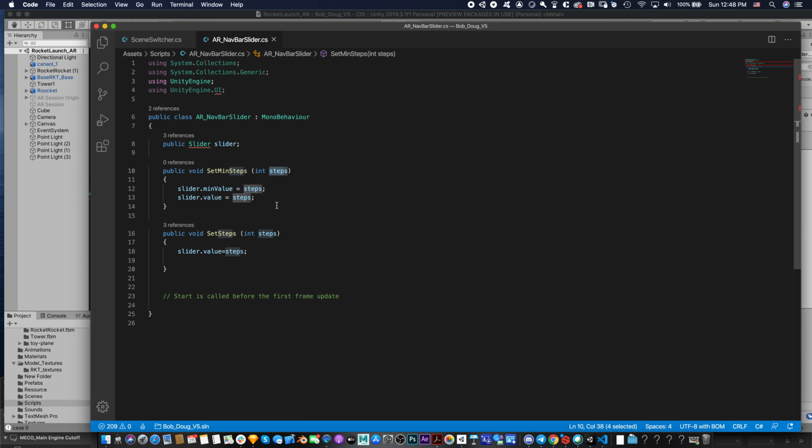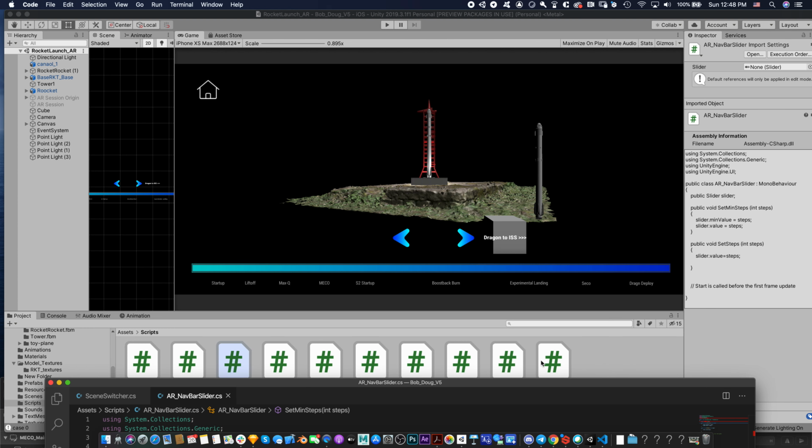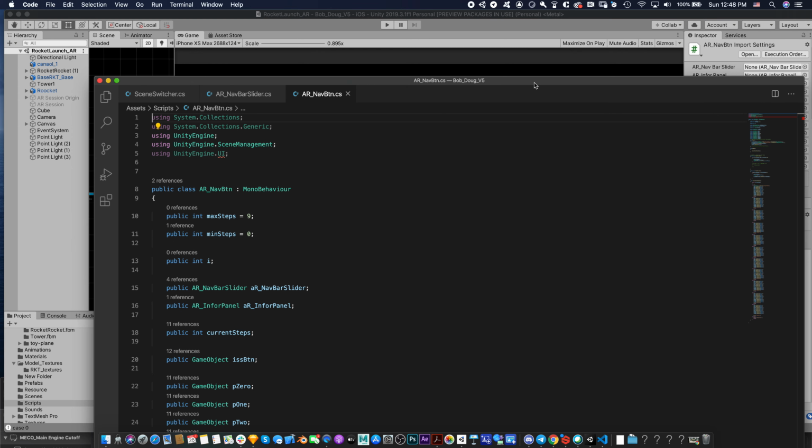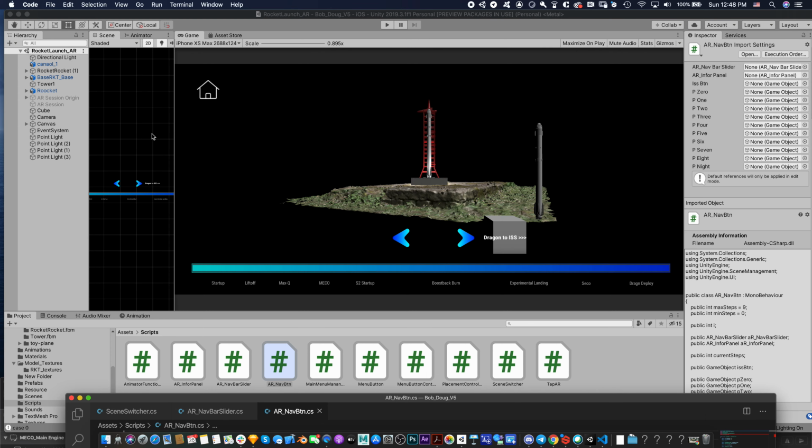Okay, so I put a lot of stuff on the button as well. Steps, minimum values, and then I put the nav bar. Before, I put it in for the two buttons, but now I pretty much put